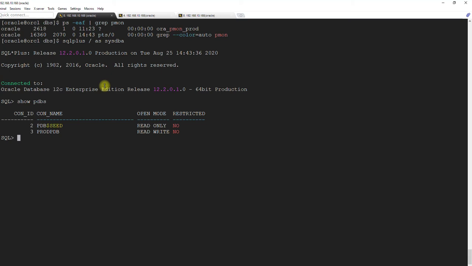What RMAN duplicate will do is restore the database, including the, not SP file, but actually the control file and the data files, into the specific location. We'll modify the location according to our parameters in the pfile, and recover the database including the archive logs, and then open the database using resetlogs.